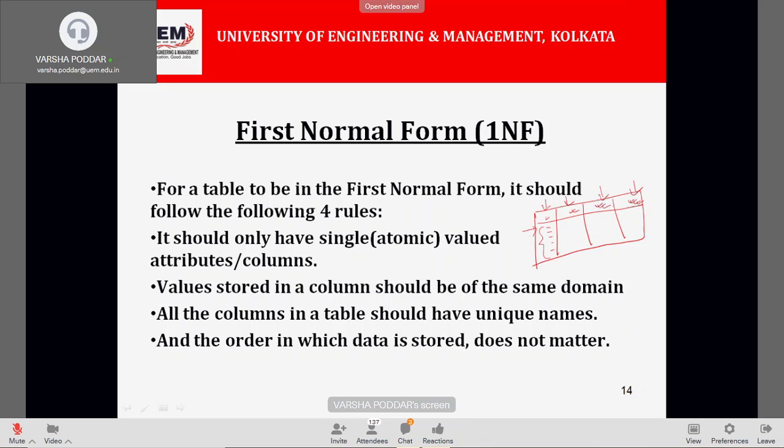Next point, the insertion of the tuples or the records does not follow any order. So I can insert roll number 1's data, after that I can insert roll number 5's data, after that roll number 3's data, and so on. There is no hard and fast rule that I have to insert in order. There are sorting policies. I hope you know them. If not, you will get to know them in lab.